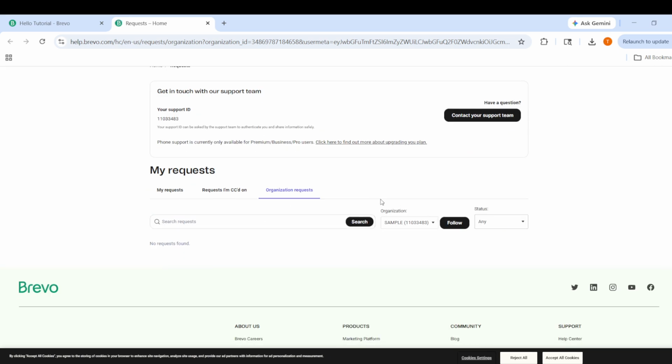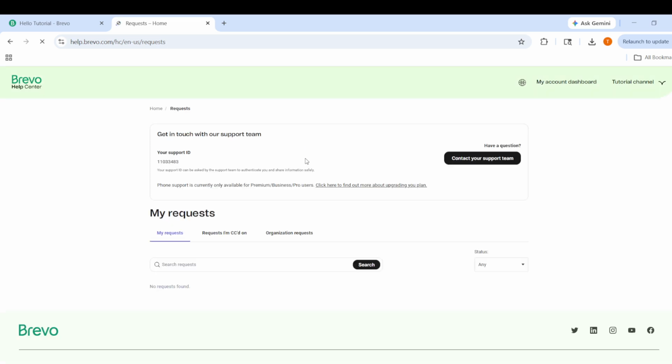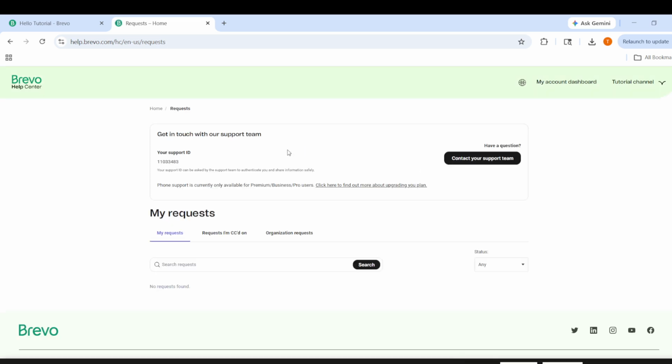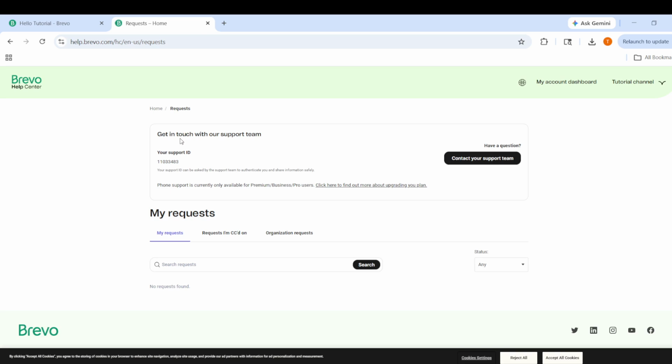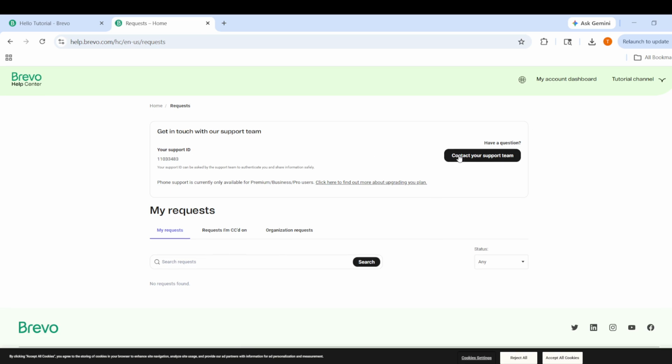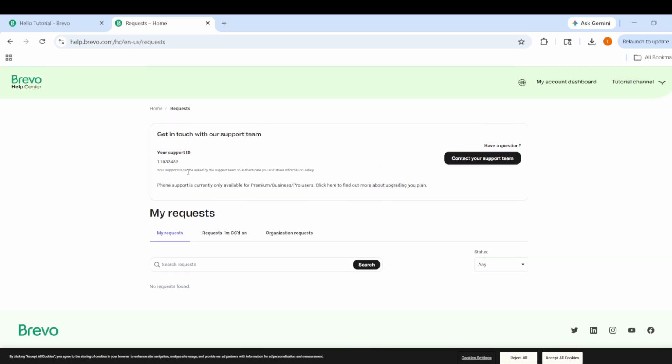When you choose to open a support ticket, the next action is to submit your request to the team. Find the option that reads Contact your support team. Click that option to begin submitting your formal request. This is the key step where your message is routed to the correct support channel, so it is a good idea to be ready with the details you want to include, such as what you were trying to do and